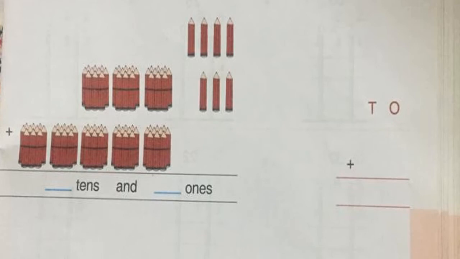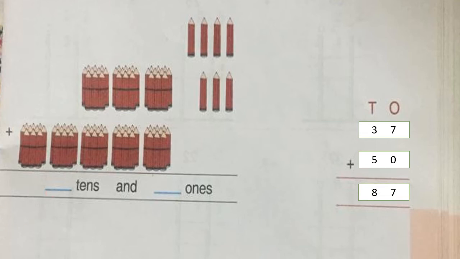Good. Let us see this. Now, how many are there? Ones here. 1, 2, 3, 4, 5, 6, 7. 7 ones and 3 tens, that is 37. 3 tens, 7 ones. There are no ones here, right? 1, 2, 3, 4, 5. Only tens are there. 50. What will be the answer?